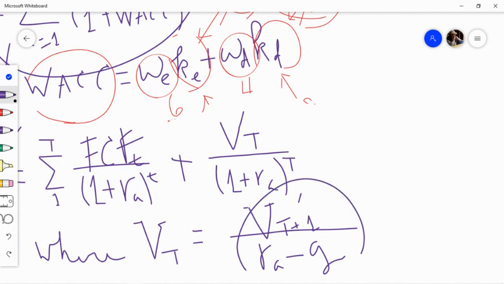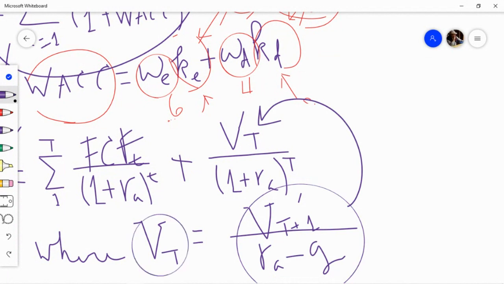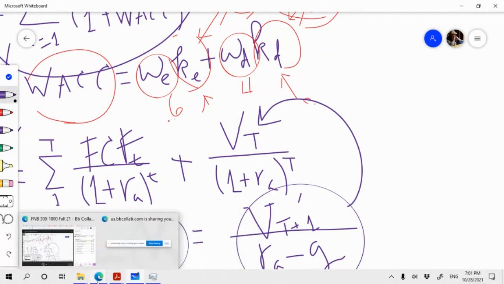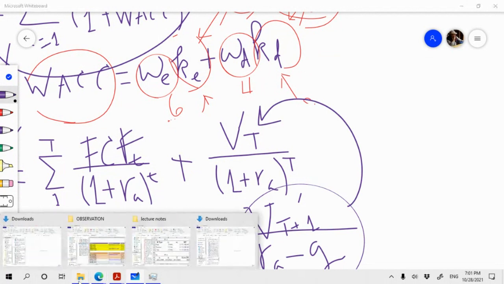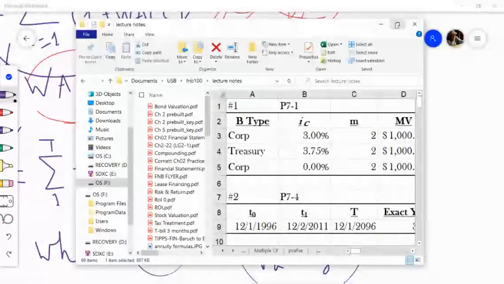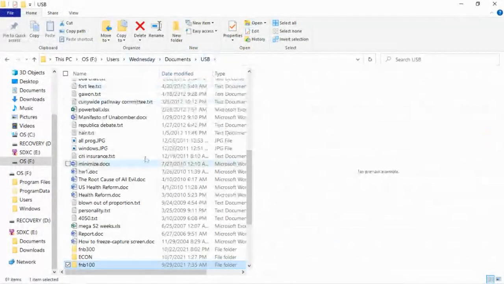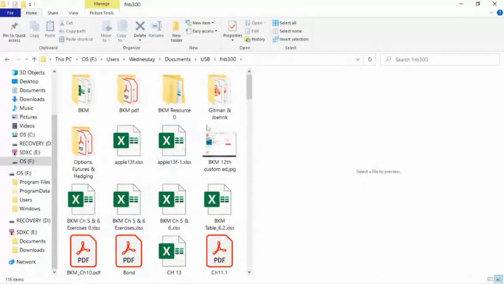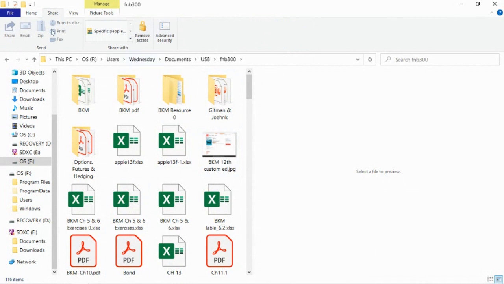Right? In other words, once we have this, because that's the value of the firm at terminal time, capital T, we can simply plug it in there and find a present value of the firm at time T. So in other words, remember the previous example we did about, let me bring it up, about the variable growth model. This is exactly the extension of that.